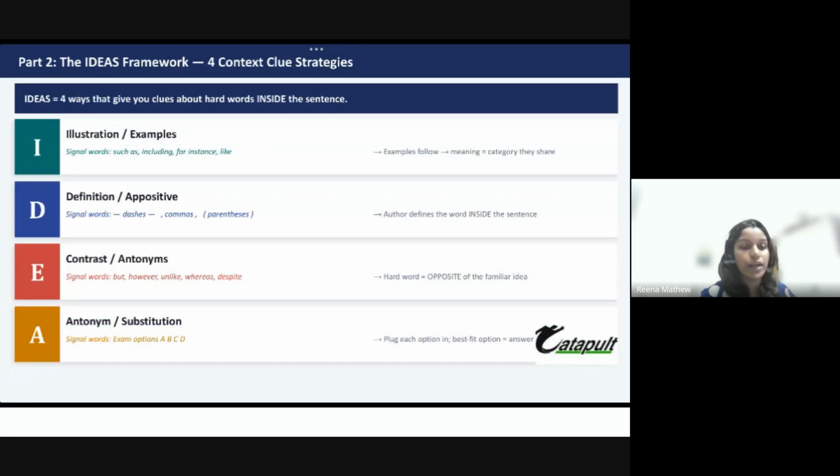So I'll give you a framework. Okay. So there are 4 strategies you can use. First one is illustration or examples. This is also something that we have learned in yesterday's class. So if I'm saying certain insects show bioluminescence like fireflies and something else. Okay. I use the phrase such as. So such as matlab kya hai? Such as, like, and for instance, these words are used when I'm giving more examples.